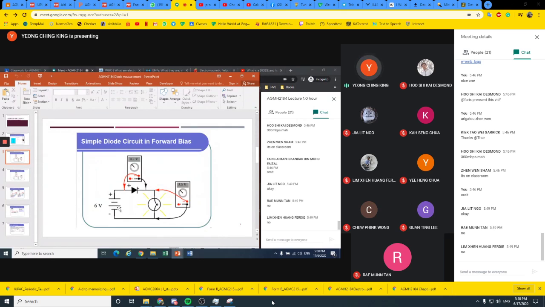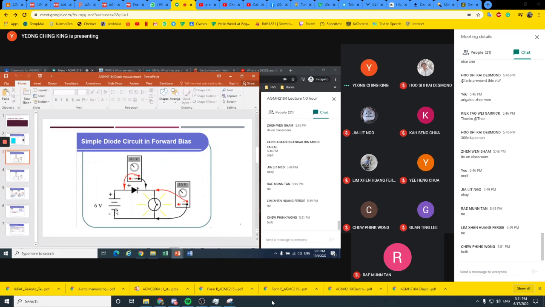This one is a battery, then connected to your diode, and the diode is connected to a lamp or an LED. Actually, LED is also one type of diode. It's called light emitting diode. And then connect back to the negative